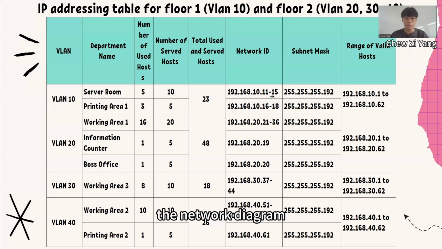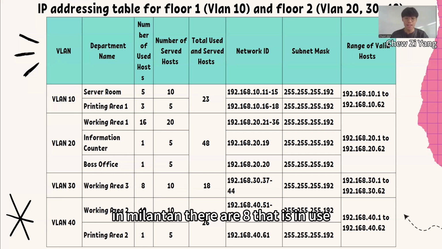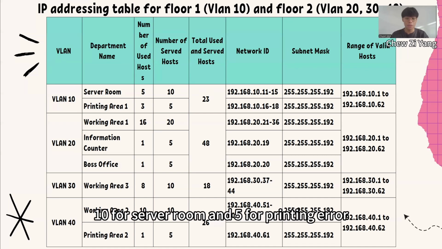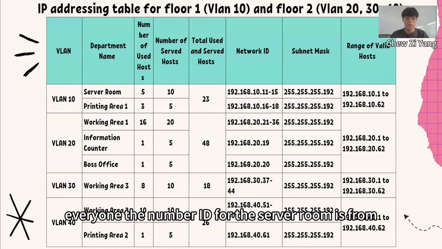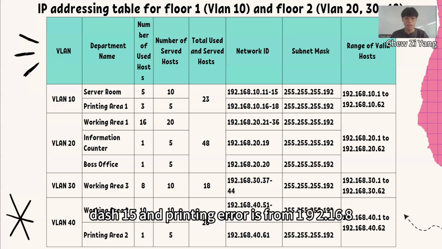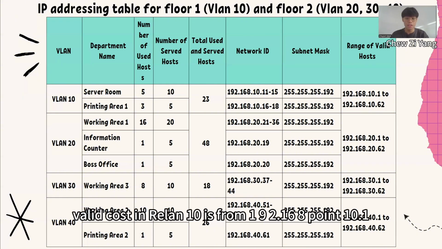The above diagram displays the network diagram for the first and second floor of our office. As for floor 1, in total there are 23 used and reserved hosts in VLAN 10. There are 8 in use, which include 5 servers, 2 printers, and 1 PC. However, there are 15 hosts reserved for extra use in the future, 10 for the server room and 5 for printing area 1. The network ID for the server room is 192.168.10.11-15, and the printing area is 192.168.10.16-18. The range of valid hosts in VLAN 10 is from 192.168.10.1 to